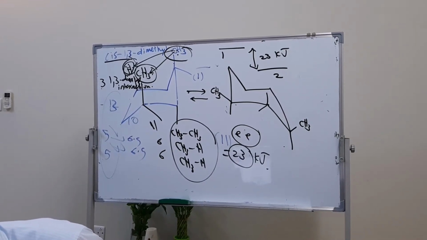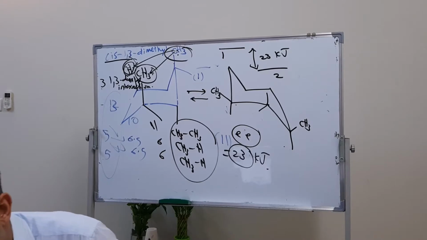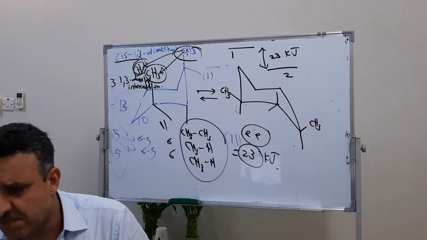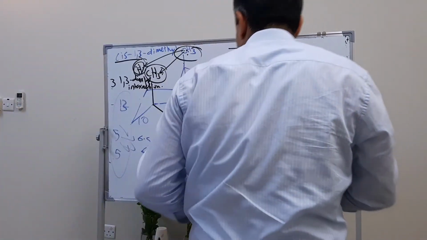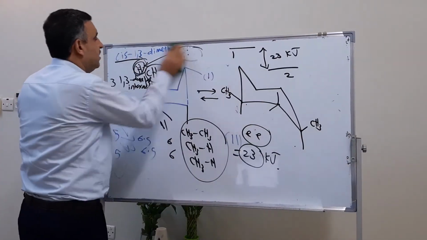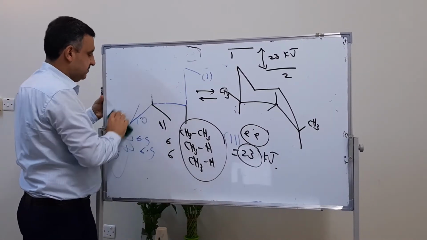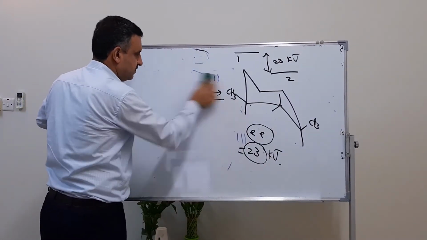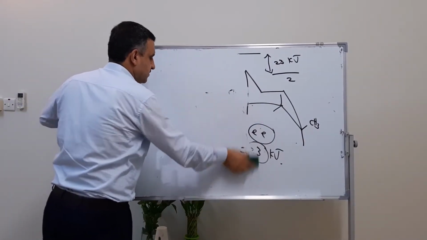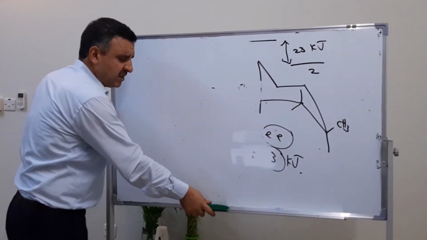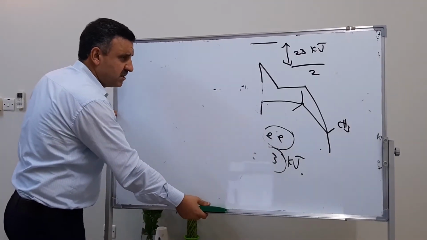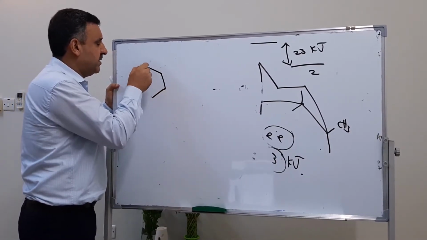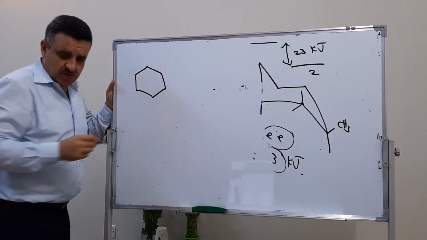How many products are possible from the bromination of 1,4-dimethyl cyclohexane? A question of this type. How many products are possible for the bromination of 1,4-dimethyl cyclohexane? Actually, this question we may answer in different ways as we proceed in the chapters. But anyway, I'll just focus now on the formation, what we have studied so far. So the question is